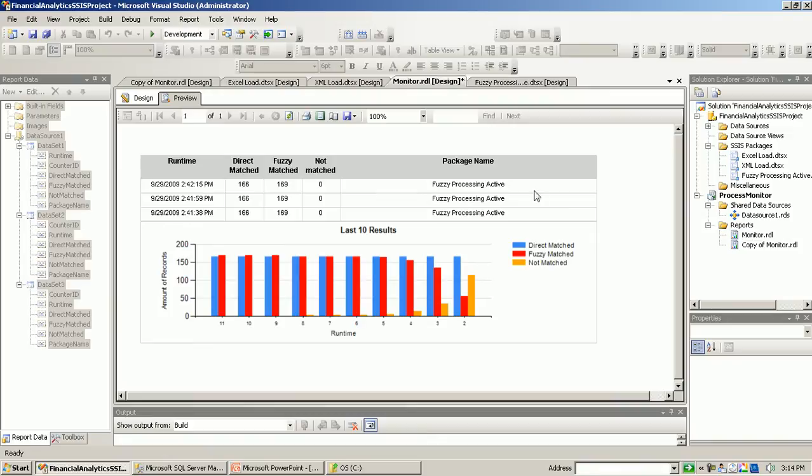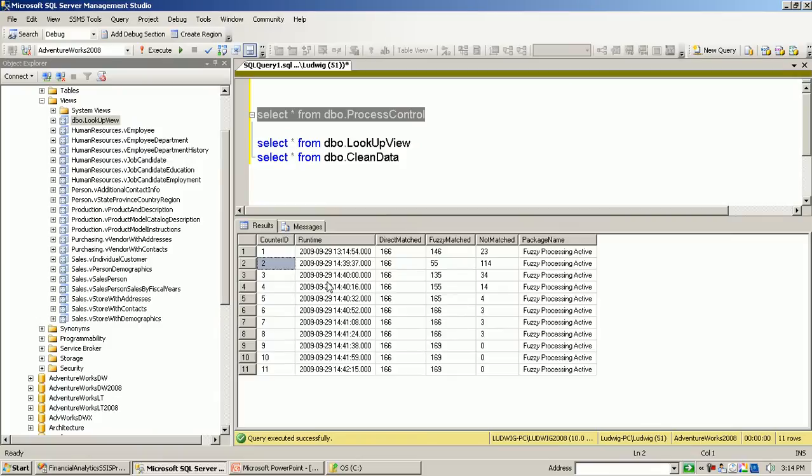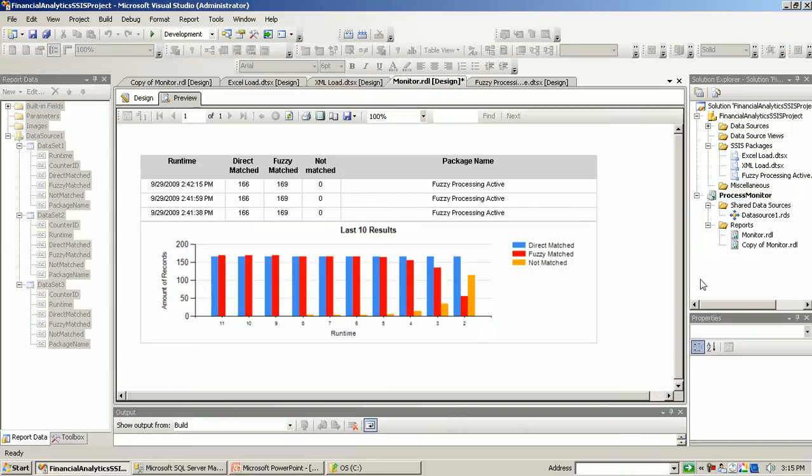the process monitor, and I just created a copy. Originally the report had the date and the time as run information on the X scale, but I changed that to use the control ID, which is also part of that control table. Let me show you the table here real quick. So basically this table is the data source to that report, and you can see we have a runtime and that count ID, and I just recreated a report, copied it, and changed the source so that we can